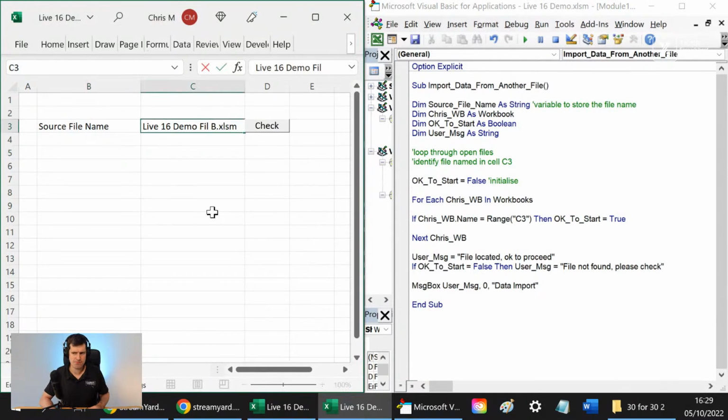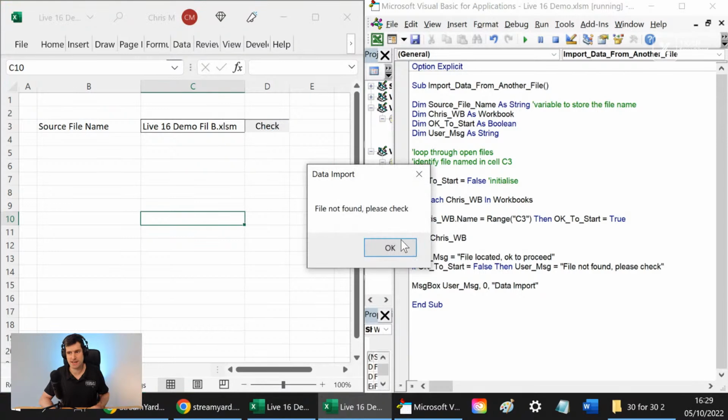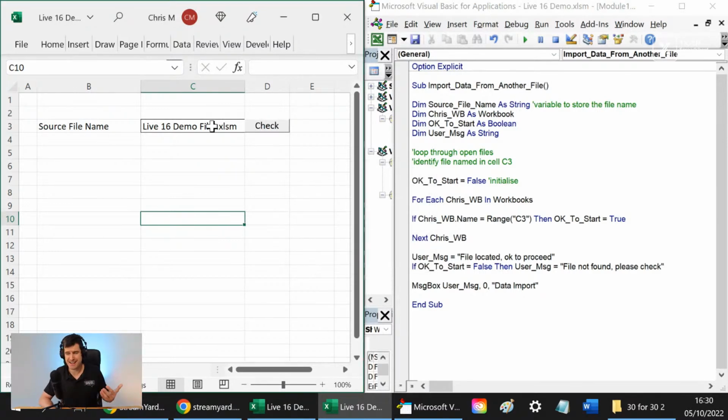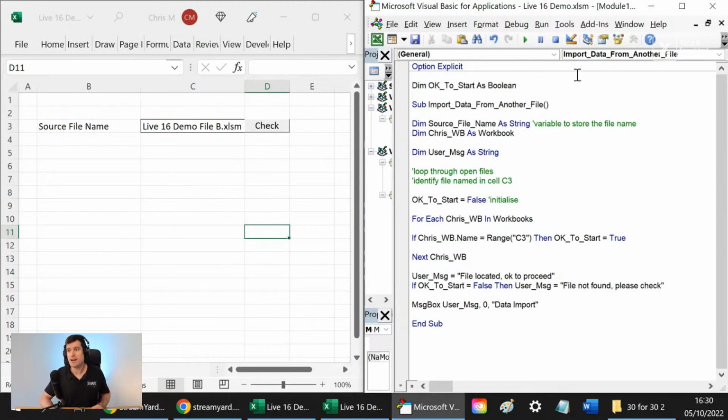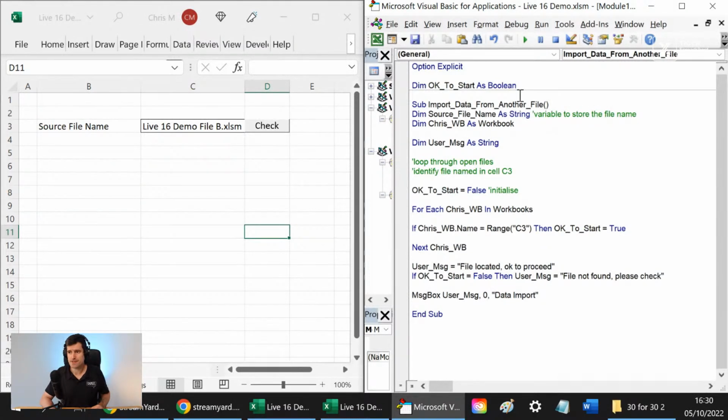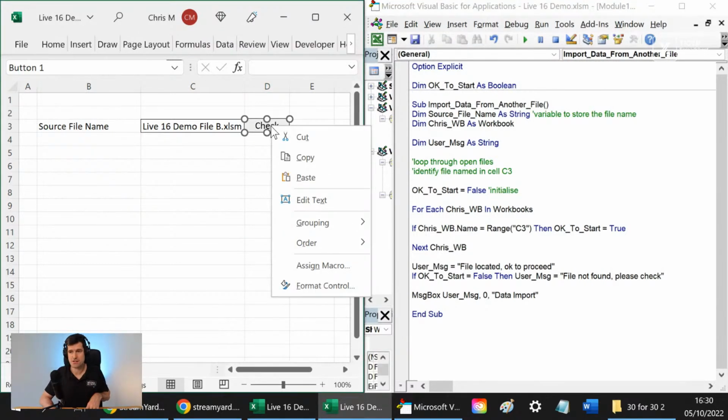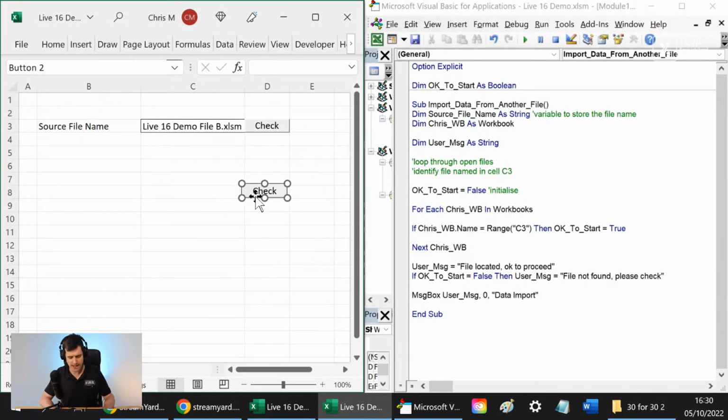If we make a deliberate mistake here and say check, then we say file not found, please check. So this is a professional level coding mechanism that I would use, this pre-validation, and now we're ready to look at another file here. Okay, right, as usual, got into way too much detail here. I'm going to make this a module level variable because we're using two routines here. I want to take the information in this variable to give us permission to go ahead and try to do the second thing, which is going to be just to import some data here,